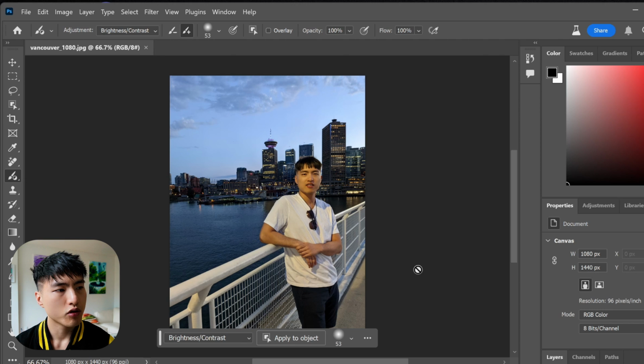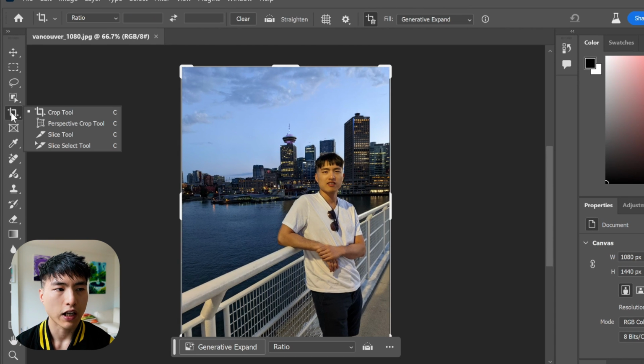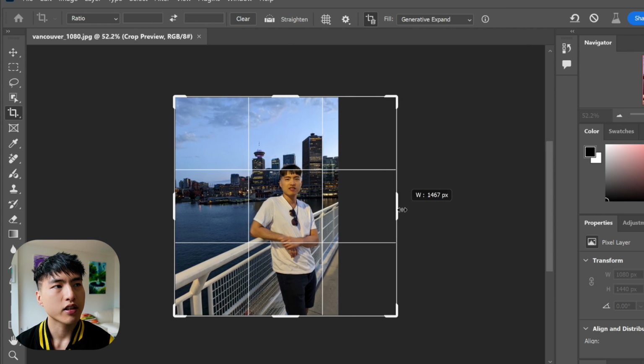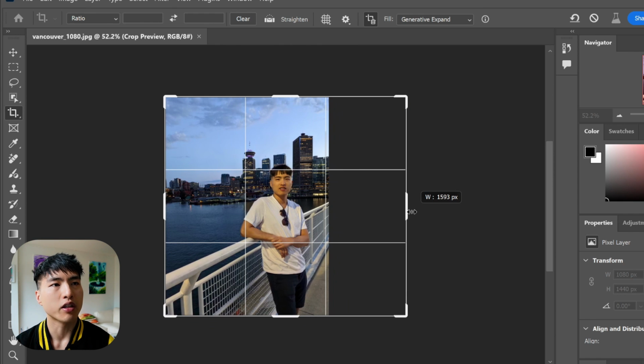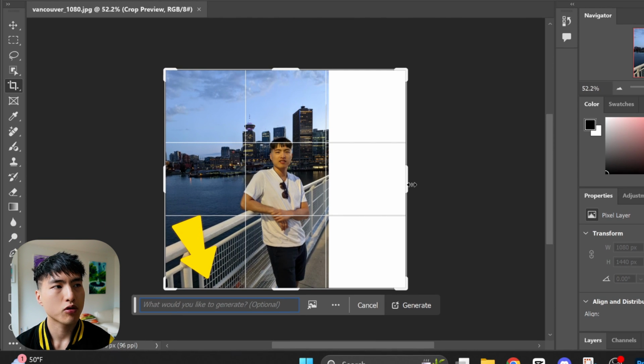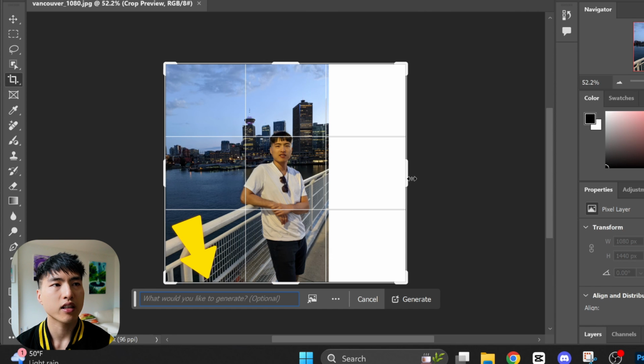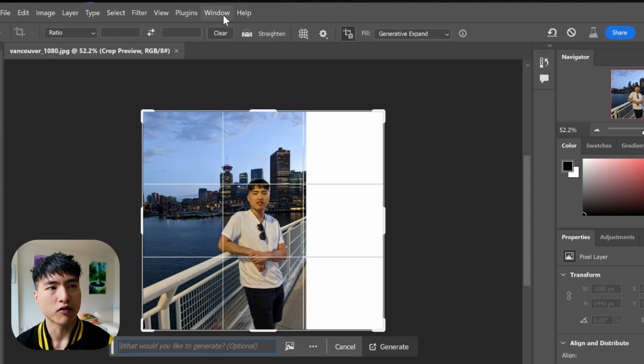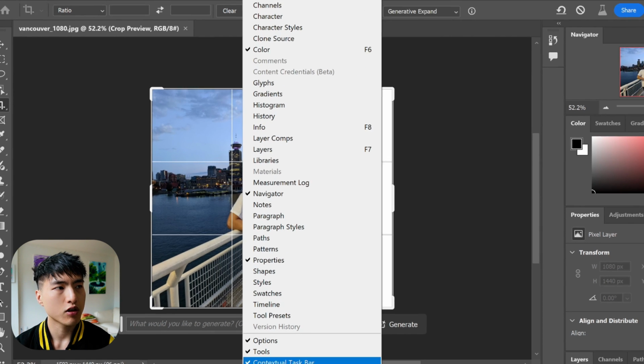image. We'll use the crop tool over here on the left menu bar. You can also just press C to activate the crop tool. I'm gonna drag the right side edge so that I'm in the middle of the image. There will be a contextual taskbar, which is used to access the AI features. If you don't see it, just go to Windows at the top of the interface and make sure contextual taskbar